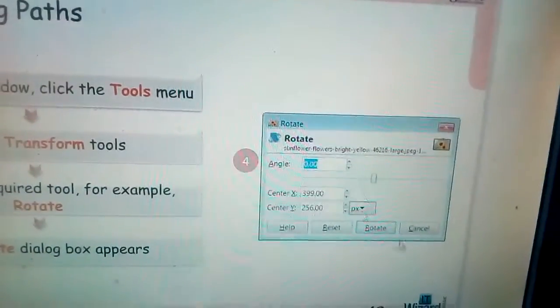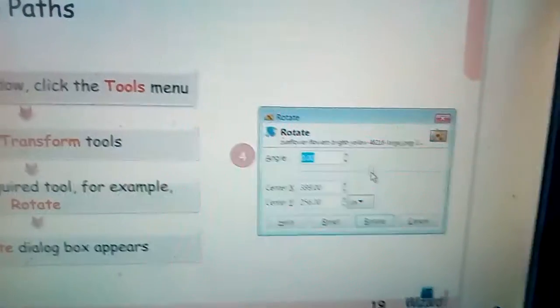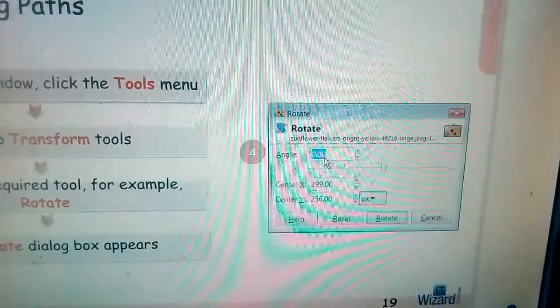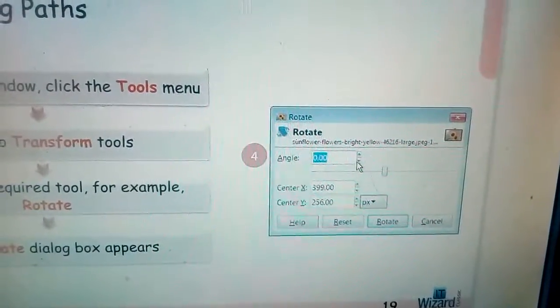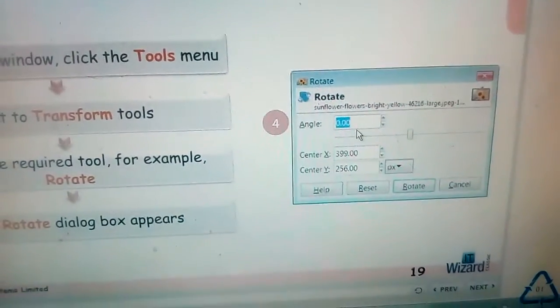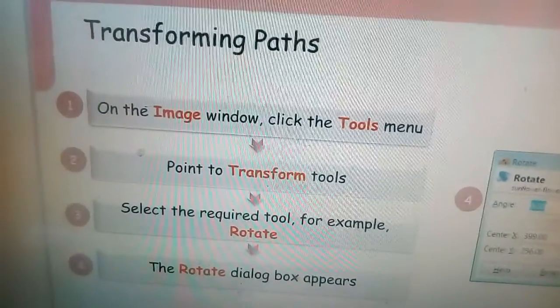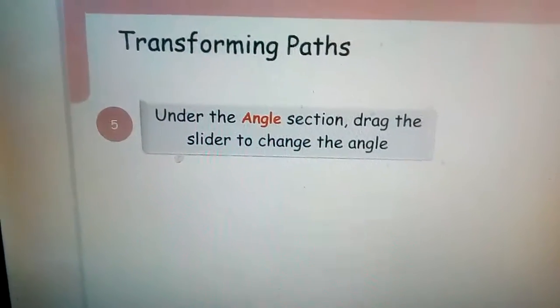Here you can see this slider, so you can move it. When you move the slider, the angle will change, or from the arrow buttons you can also increase or decrease the angle. So there are two ways, whatever you want you can do.